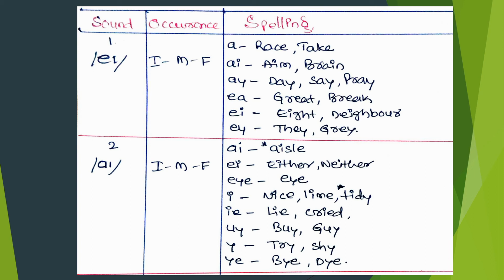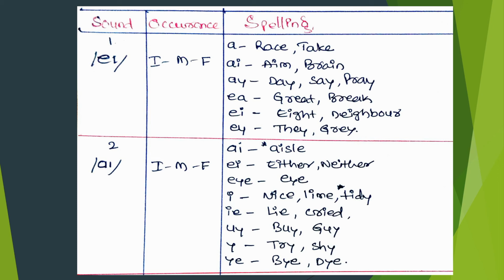And the letters AI in the words such as AIM, aim, BRAIN, brain. Now with the letters AY, DAY, day, SAY, say, PRAY, pray,